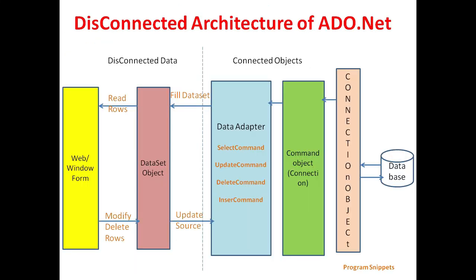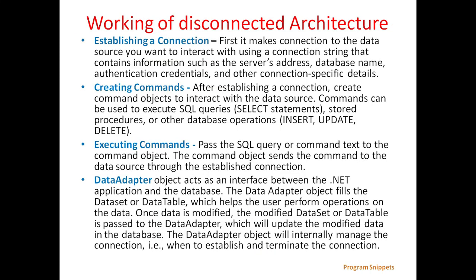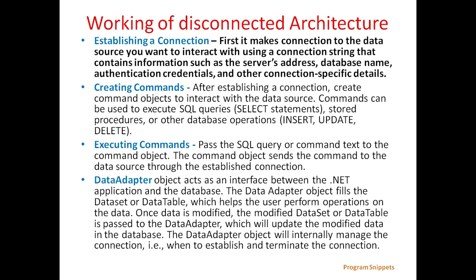Here is the disconnected architecture of ADO.NET. Here the database sends the command to the data adapter, which executes the command and fills the dataset, and the data from the dataset is available to the Windows form. It will make changes to the dataset and then it is passed to the data adapter, which updates the data to the database. With the working of disconnected architecture, first it makes the connection to the data source